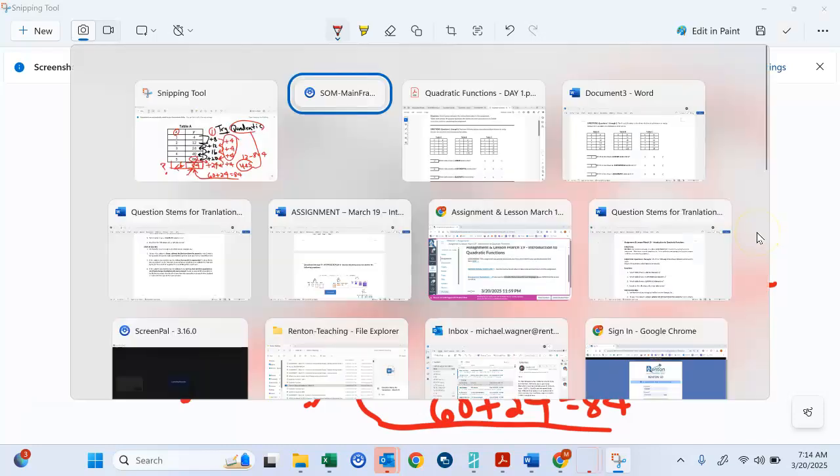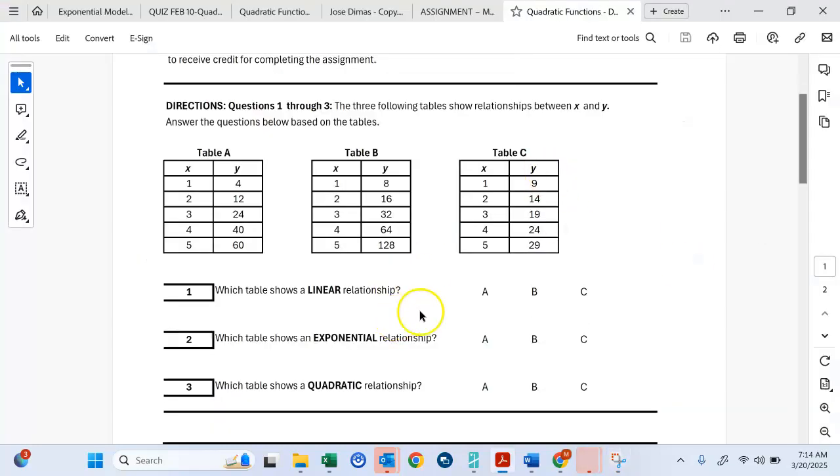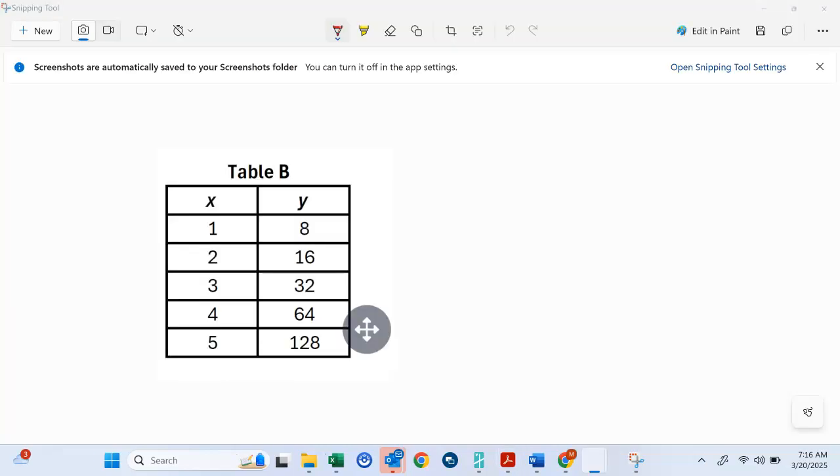Now, in the rest of the assignment, so basically we know the first one. So now what we're going to do is we know that this one is quadratic, right? We know that this table right here is going to be table A, right? That's going to be table A. So now for the exponential,